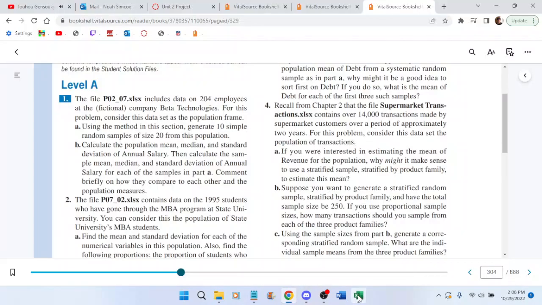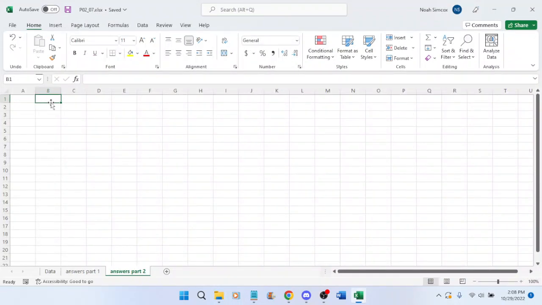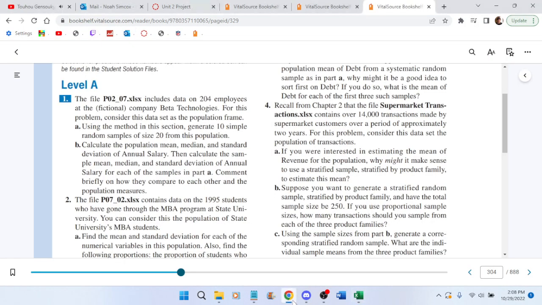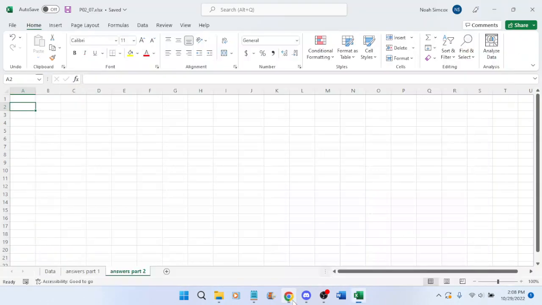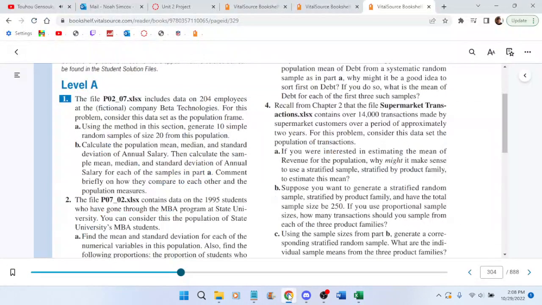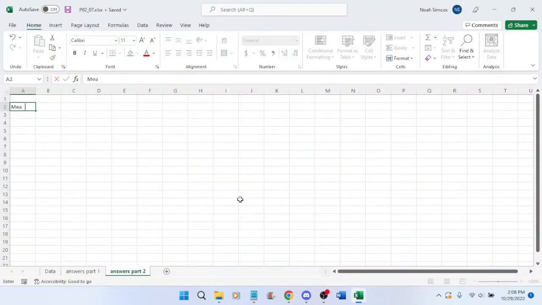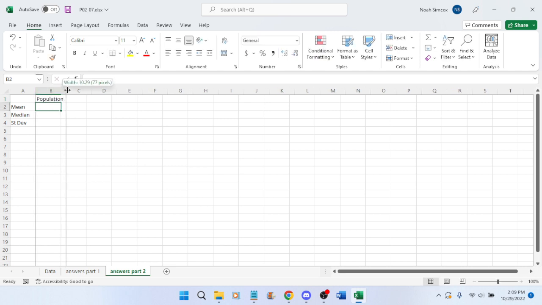So we want population. First of all, we want mean, median, and standard deviation. Mean, median, and standard deviation. And we want the population, and then we want